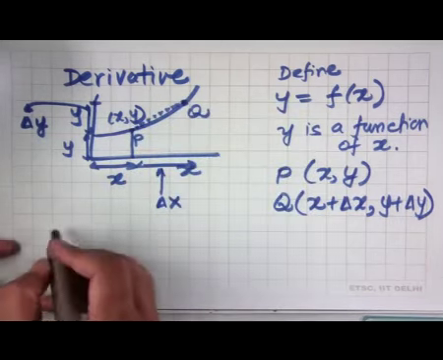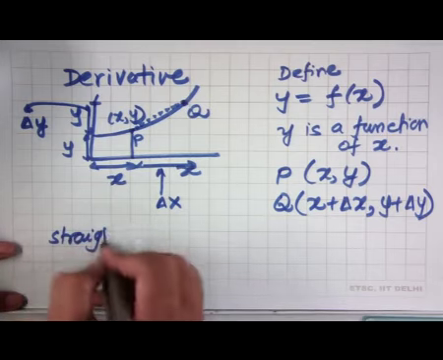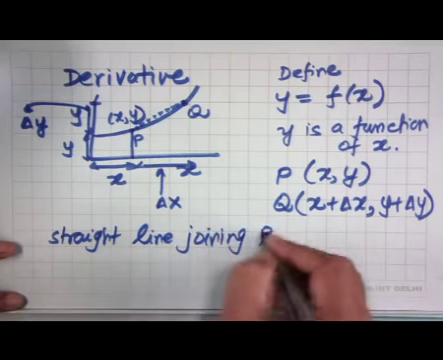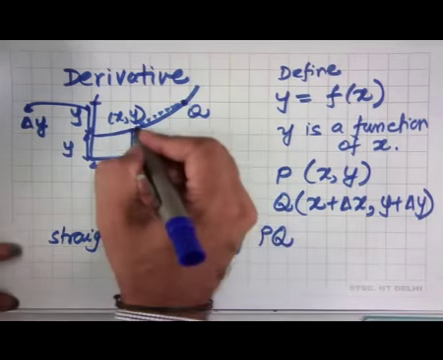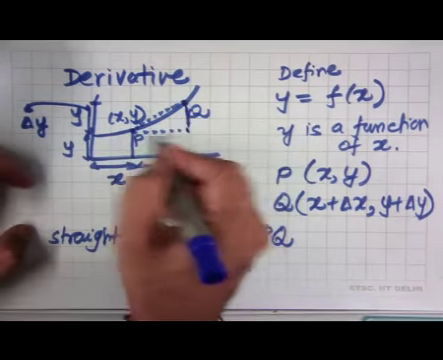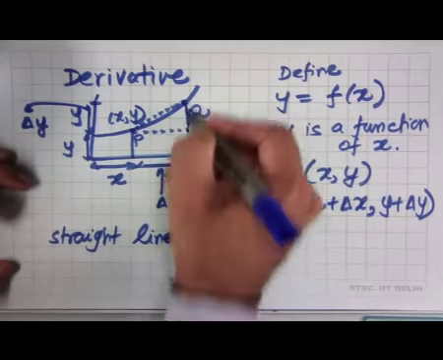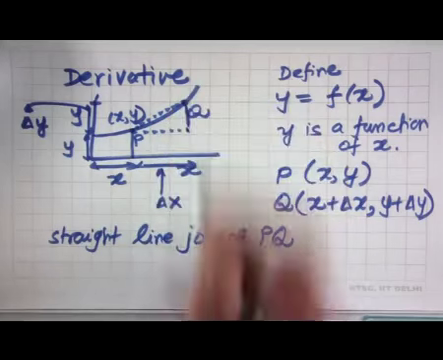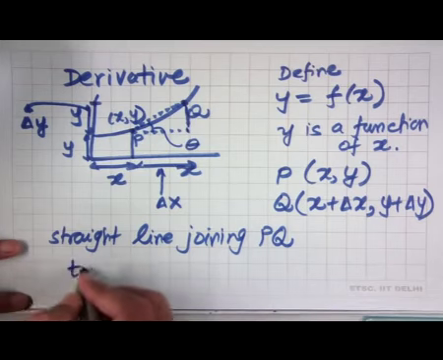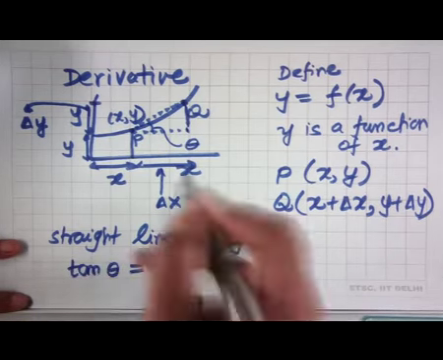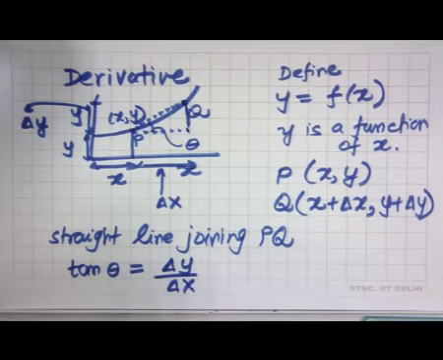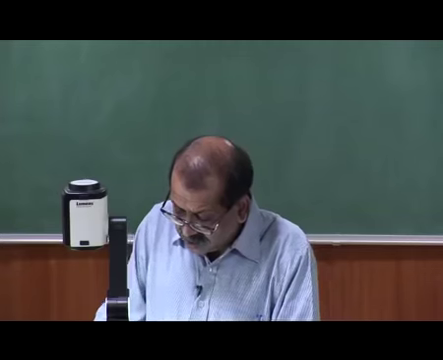look at a straight line joining PQ, then if we make a right triangle like this, that means we continue from P up to the extent of Q along the x axis, and then go vertically up to point Q, and if this angle is theta, then we can clearly see that tangent of theta will be equal to delta y upon delta x. So, now what we say is,